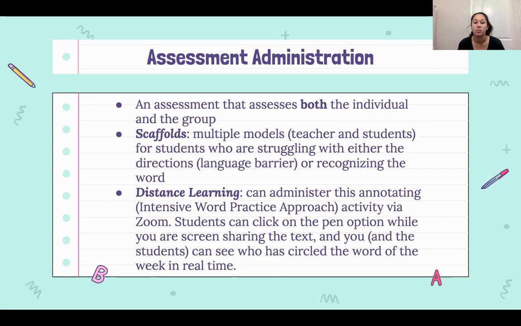This assessment assesses both the individual and the group. And again, the scaffolds that are provided, which I think are pretty unique to this example, is that there are going to be multiple models. And this works whether you're in the classroom using a huge yellow notepad, right? And then they're physically taking a marker in their hand and circling it, or if you're using a smart whiteboard and they're using the smart whiteboard pen, or if you're doing it through Zoom, no matter what, they're still getting the multiple models of a teacher and a student and their classmates,